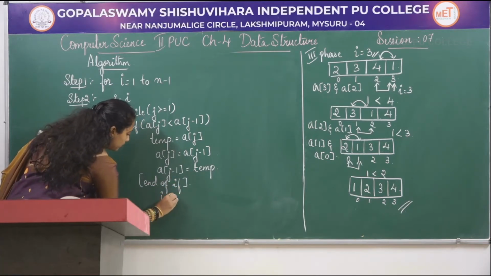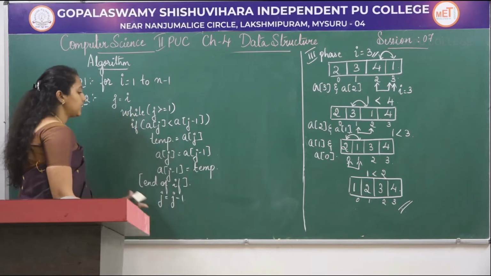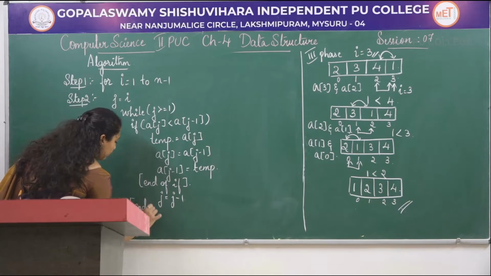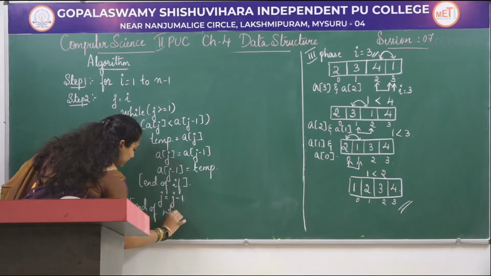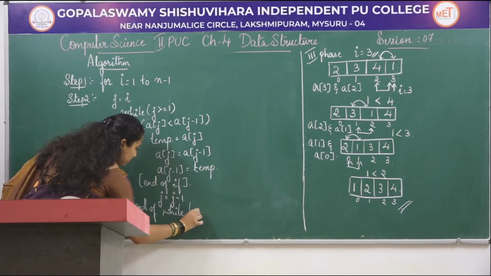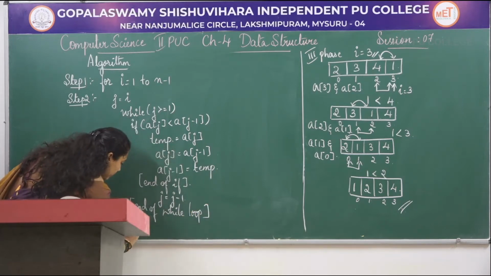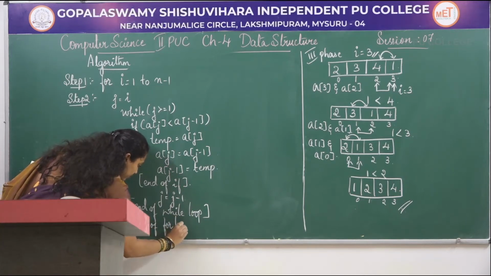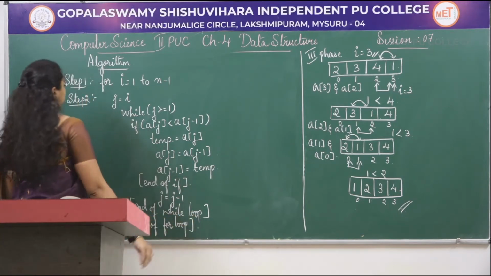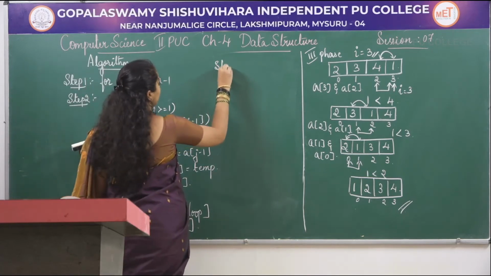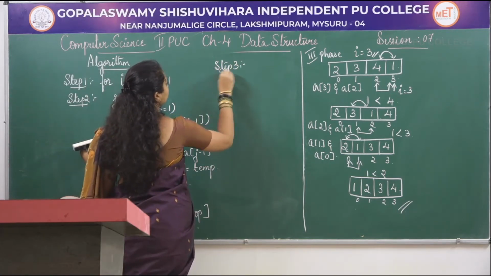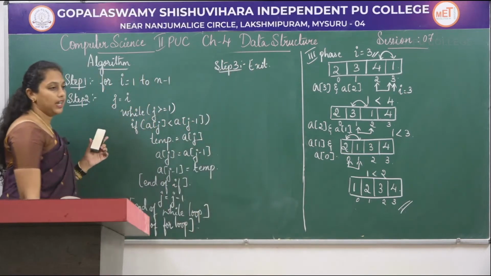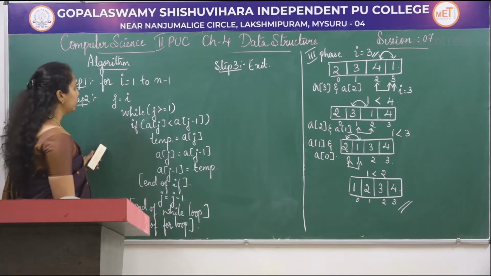j is equal to j minus 1. j gets decremented. End of while loop. End of for loop. Step 3, exit. So in the algorithm,